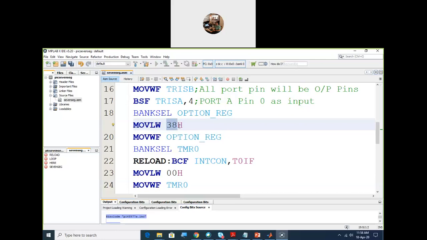One more thing: for timer 0 we have got a prescaler, so the prescaler assignment will be 1:1 only. You know the option register format, so you can just identify. Here timer 0 is used as counter, with 1:1 prescaler.